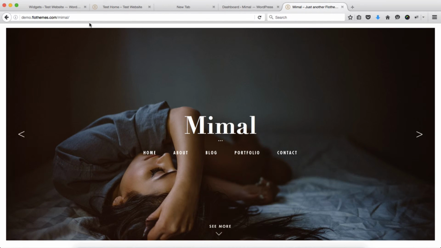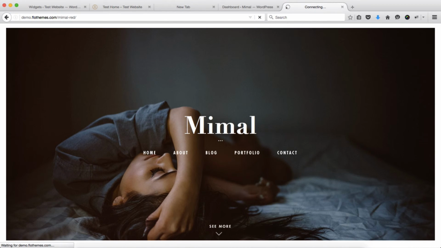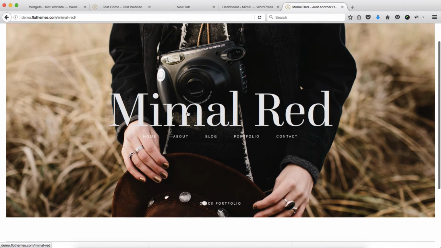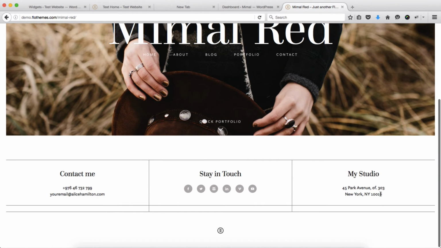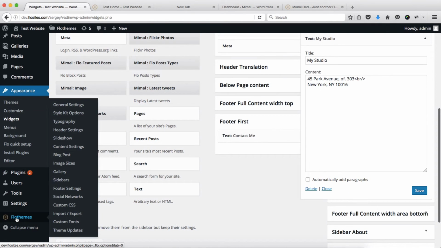Now, also within the demo website, we have Mimal Red, which is pretty much the exact same setup. We have the following image slideshow, and we have the following widgets. The only main difference is that the styling is a little bit different. So if you want to achieve this type of styling, what you'll need to do is just go on over here to the